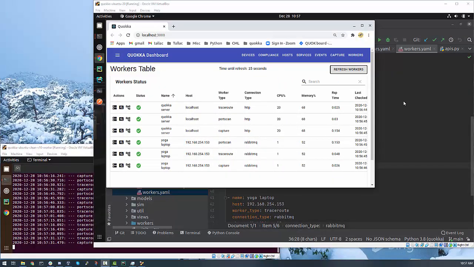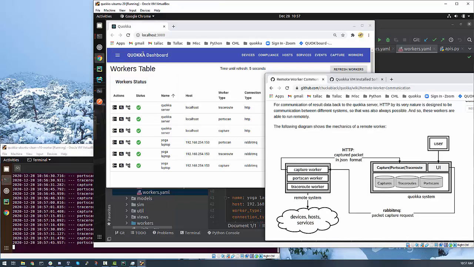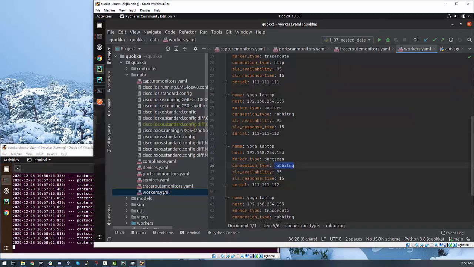All right, so just to review, what did we talk about? We talked about remote workers. Here's a worker screen that you can look at with my workers. You can see that we have that available. I talked about making sure you go to the wiki and understand what's going on from there. I showed you that there is actually going to be a Quokka remote worker VM that you can run things on. We talked about the files that you'll need to be aware of if you want to configure remote workers,